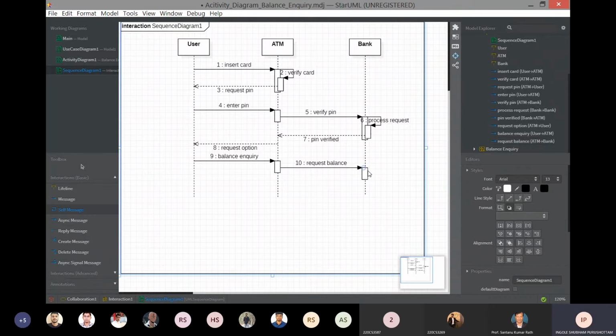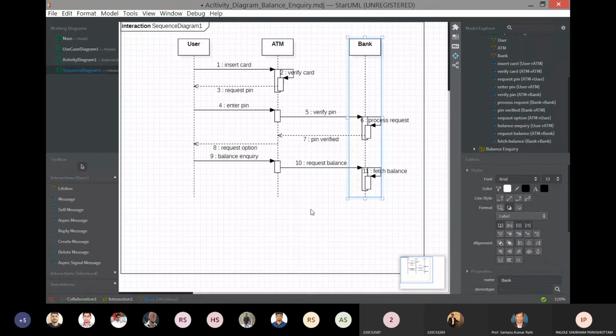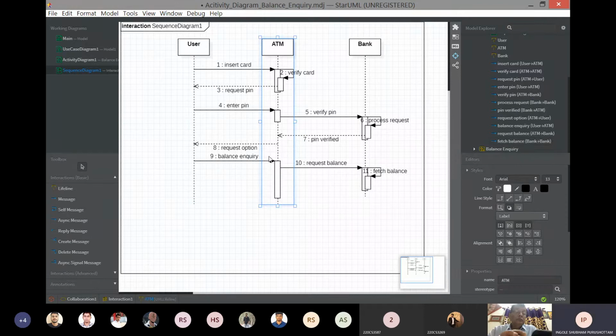The bank will fetch the balance. You can also extend this lifeline.